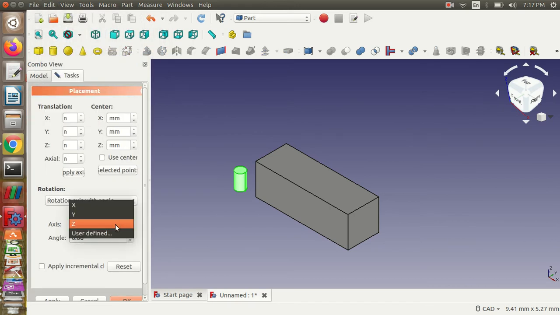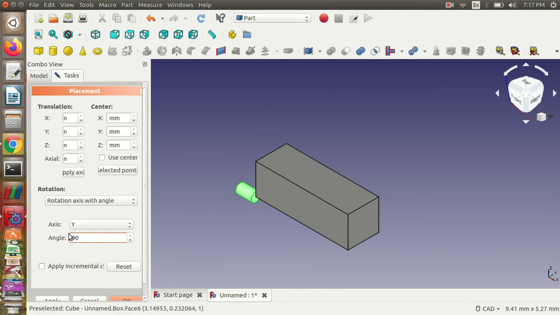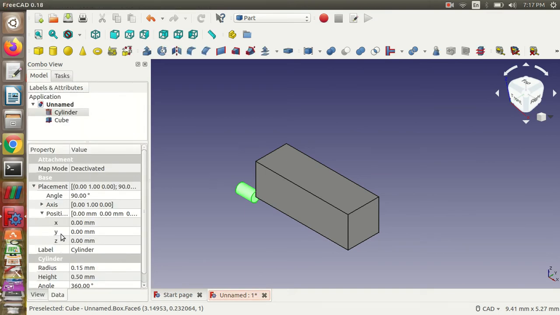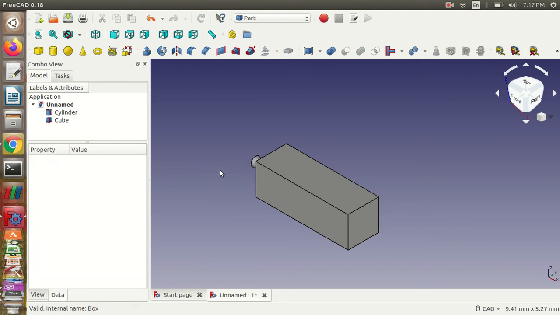So now I'm just going to rotate it along the y-axis for an angle of 90 degree, so that it is going to get attached. Okay, now the cylinder is rotated, so now I'm going to just position it. In x-axis it will be similar like that. In the y-axis, and in the z-axis it's going to be 0.5.